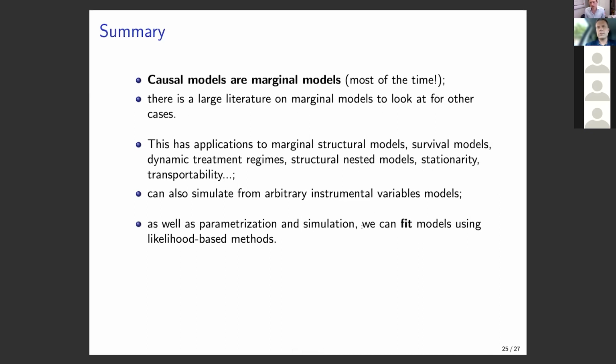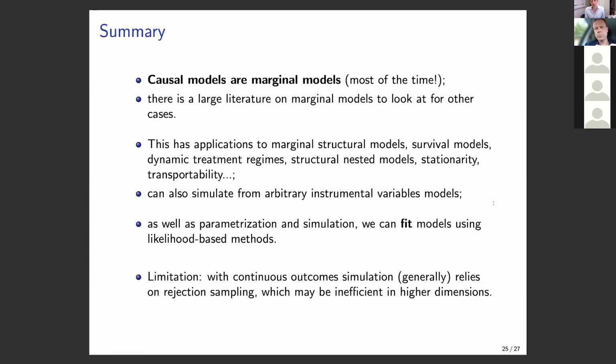I didn't explicitly show this, but instead of using inverse probability weighting, I could have fitted the model, because we can evaluate the likelihood. And actually that works very well as well. I don't have a plot for it, but if you use maximum likelihood estimation, you get essentially the same results as from inverse probability weighting. That in turn shows that inverse probability weighting is a very good method to use, because you're getting almost as good as MLE, but it's much, much faster. You only have to use ordinary generalized linear models.